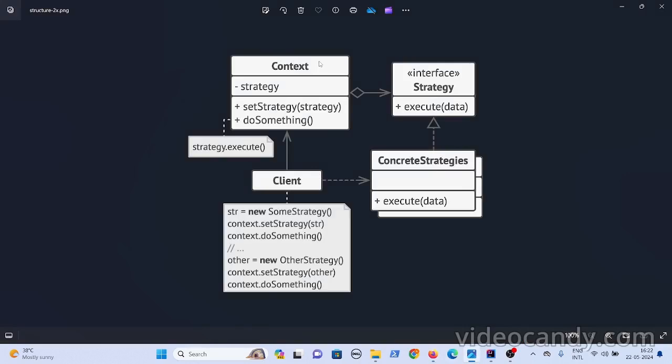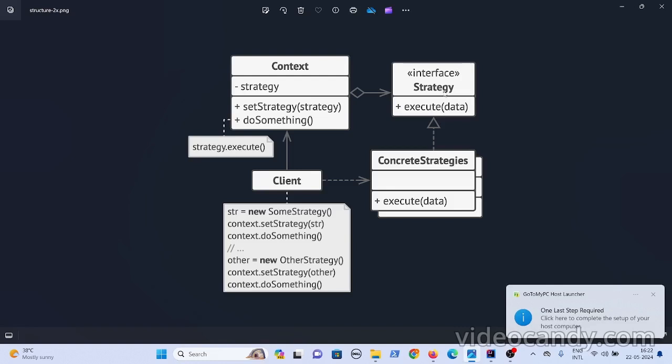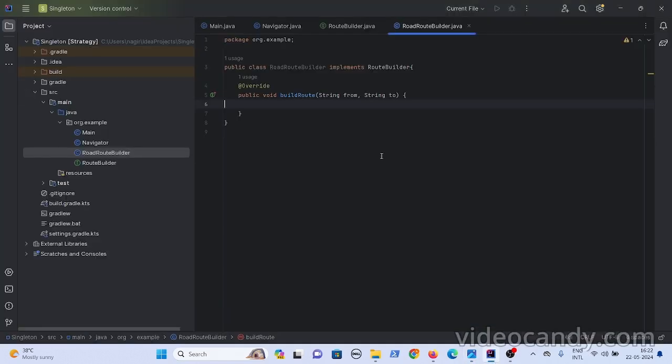Okay, because the context is the main player here. And this context has multiple behaviors. Here, if you can see this, he has set what he had done initially. You had created a strategy, let's say road behavior, and you had implemented water strategy like road route, water route and all. And this route builder, he had put in the context that you had as a composition.